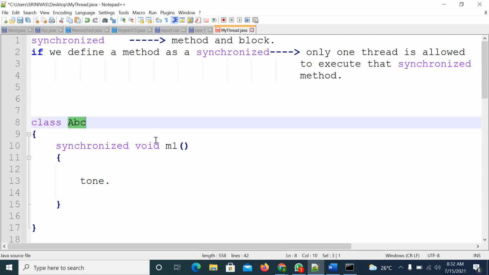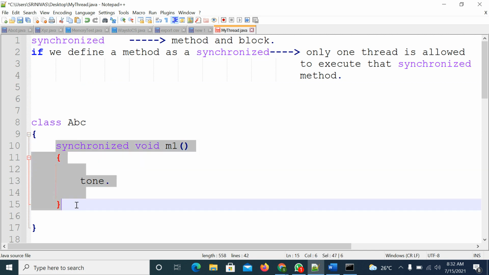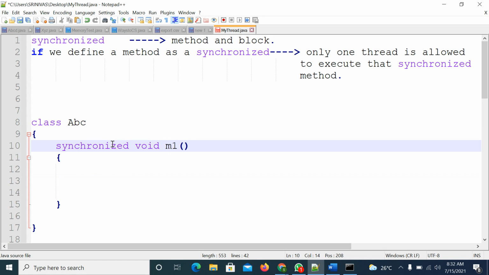So in a class, if the method is synchronized, only one thread is allowed to execute it. Once the first thread completes, it gives the chance to the second thread. That is the purpose of the synchronized keyword. The remaining threads get the chance after the first thread is completed.